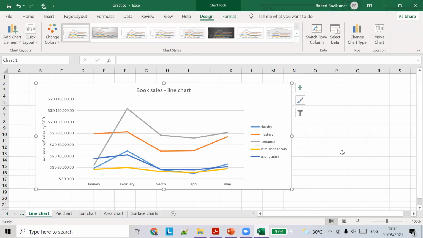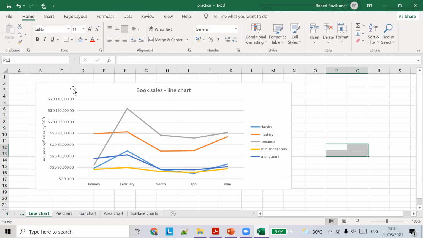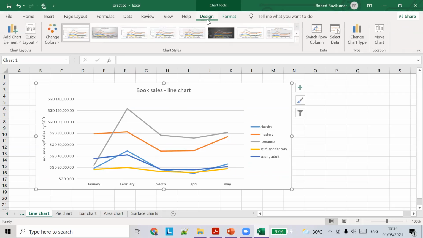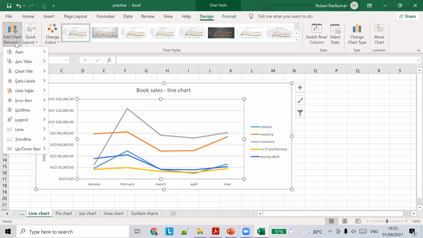Once you select a chart, there are two menus that appear: a design and a format tab appear on selecting the particular chart. So if you want to add a chart element, select the chart, go to the design tab, and then go to add chart element. Once you do that, you can add anything you want.